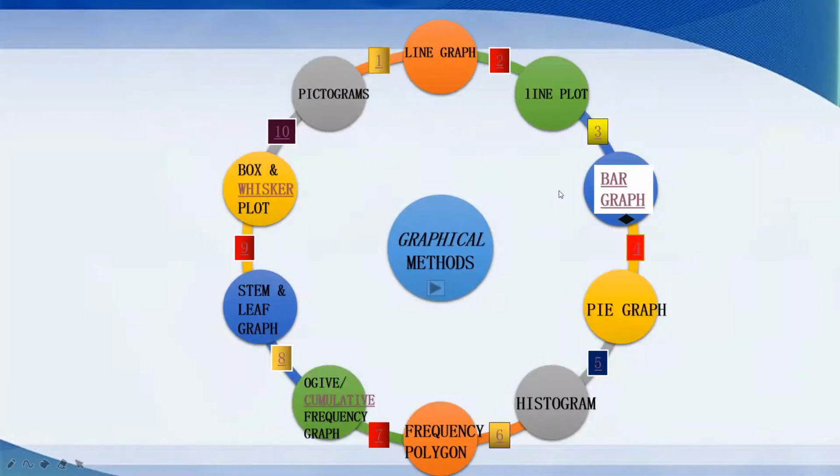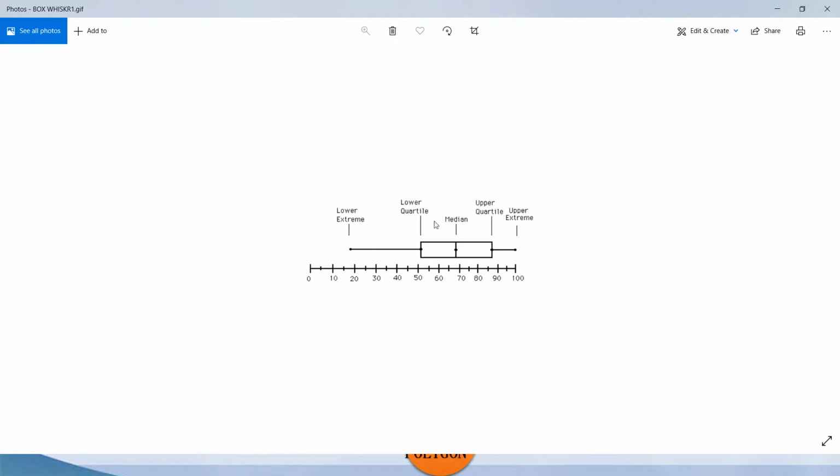Next we have the box and whisker plot. This plot diagram summarizes the data by generally dividing it into 4 parts. Box and whisker shows the range, the lower value, the higher value, and the middlemost value, that is the median value, and 2 more quartiles. First of all, let me show how this box and whisker plot looks.